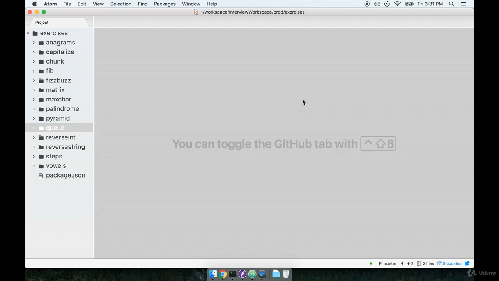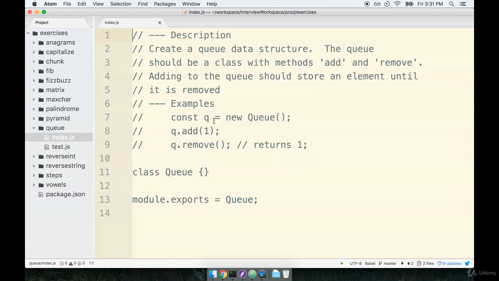In the last section, we got an introduction to queues. We're now going to continue by implementing a queue from scratch with JavaScript. After we do this, we'll then take a look at some different questions that are related to queues. So let's get started. Inside of my queue directory in my code editor, I'm going to open up the index.js